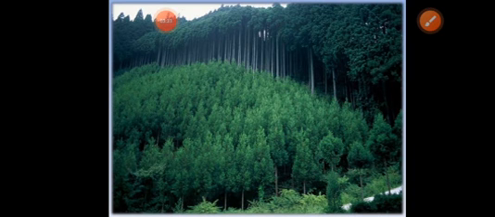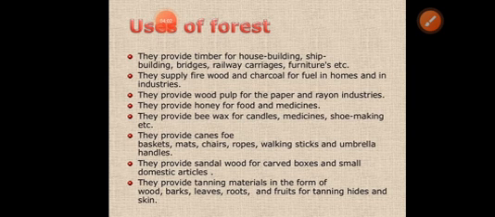Both the departments of the Indian government, the Indian Forest Survey and Indian Remote Sensing, insist that the forest area be increased from the present 20% to 33%. According to the survey, shortage of rainfall in our country would be avoided if we raise forest over 110 million acres. Now, let's get into the next topic, which is uses of forest.